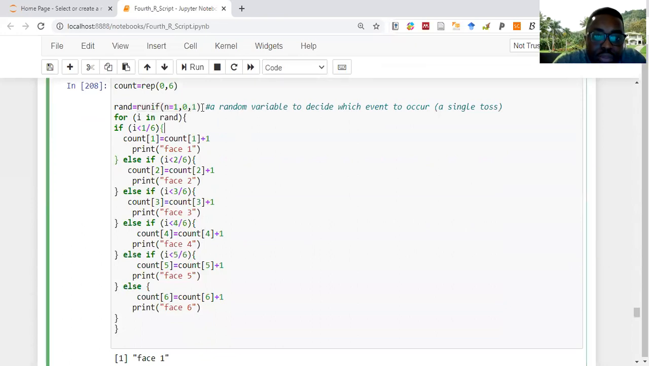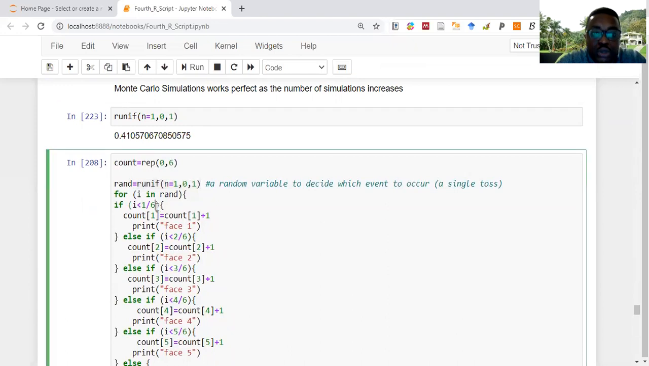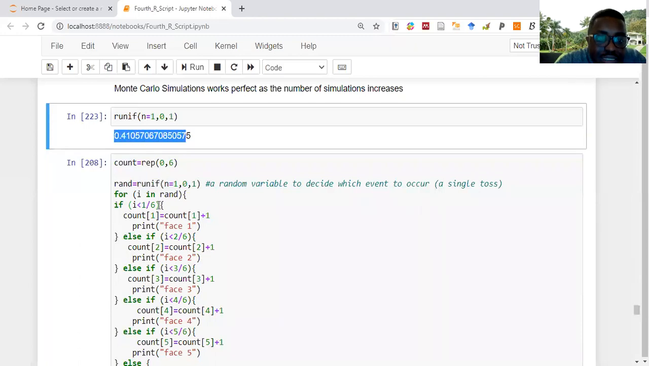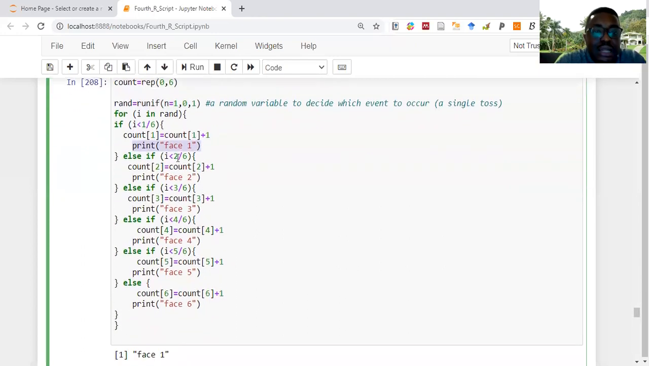So here, this random number I've used is from a uniform distribution. If I run this one, I get some specific values. Because a die has 6 faces, I'm saying that if the outcome is less than 1/6, then it should print face 1, which is like tossing the die and getting 1. But if it is less than 2/6, that is the same thing as saying